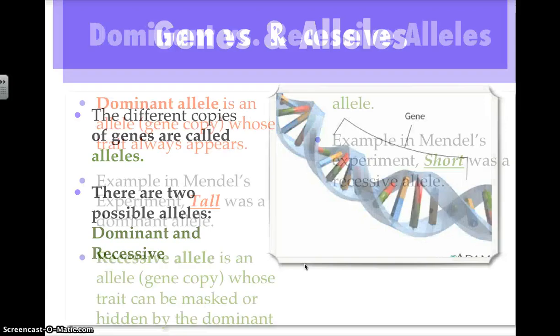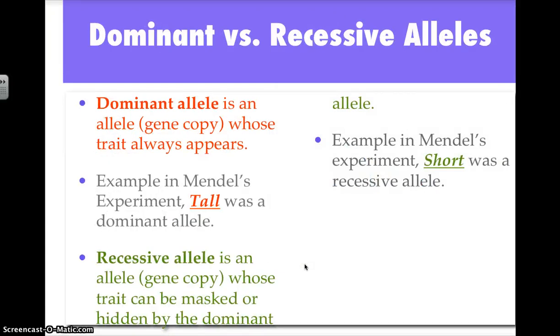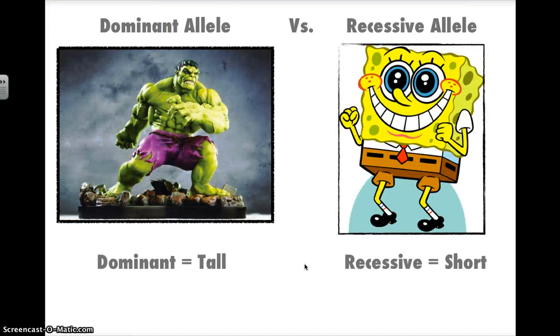use of this. One of the particular slides that I felt has always been very useful has been this. How to teach dominant versus recessive has always been something that I grappled with, and what better than to use some of their cartoons that they are familiar with. So anything you think of Incredible Hulk, you think of someone who dominates, who's very dominant, who would probably win a fight, I would say 9 out of 10 times. And then you have little SpongeBob, which kids adore, who doesn't look like he would be that dominant, and he's recessive. Using these two cartoons, things that all students are familiar with, helps in terms of the relationship between